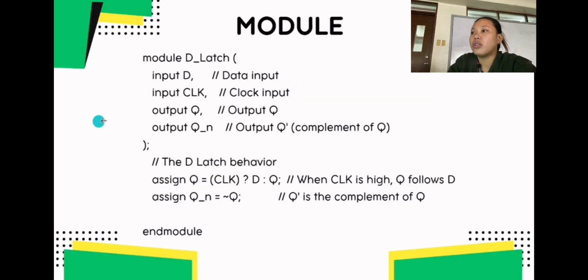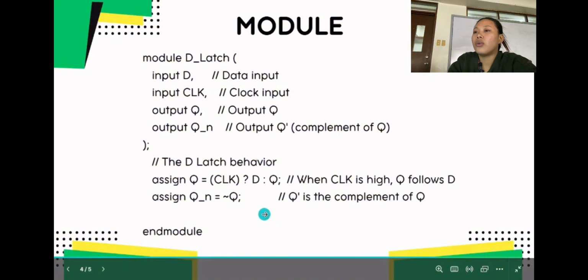This is my module for the D latch. The input data and the clock input, the output, complement of the output, and the D latch behavior. Assign Q is for the clock, and assign Q is for complement. When clock is high, Q follows the data. And for the assign Q complement